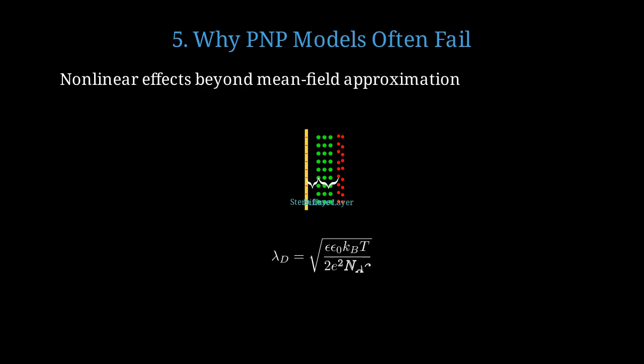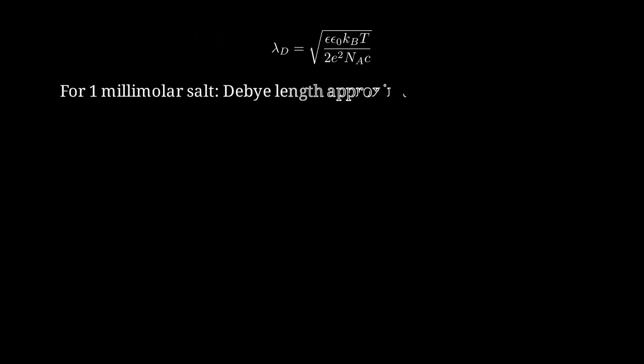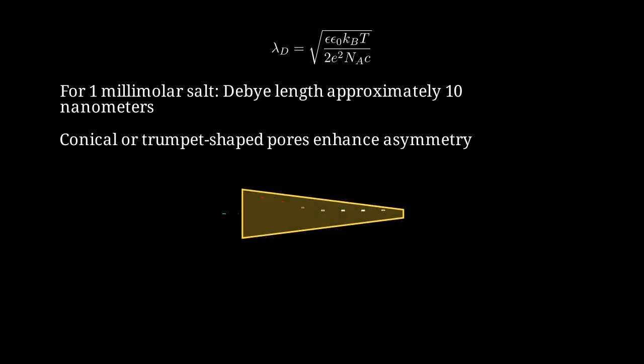The characteristic length scale is the Debye length, lambda D, which depends on temperature, dielectric constant, and salt concentration. For example, in a 1 millimolar salt solution at room temperature, the Debye length is approximately 10 nanometers, comparable to pore dimensions. The geometry matters tremendously. Conical or trumpet-shaped pores with narrow and wide openings create strong geometric asymmetry. In a conical pore with negative surface charge, the narrow end creates higher electric field concentration, leading to stronger rectification